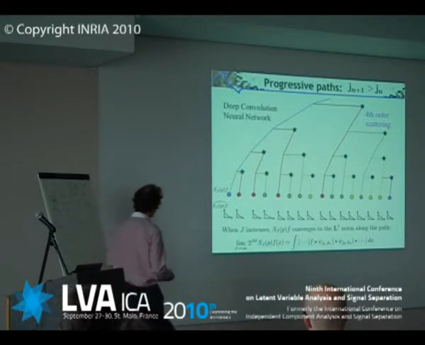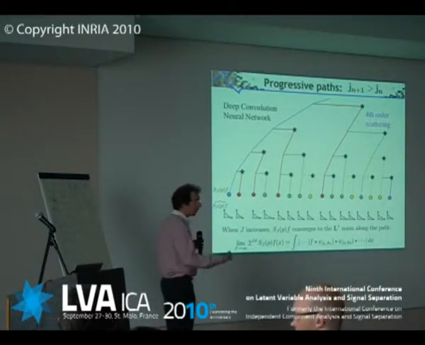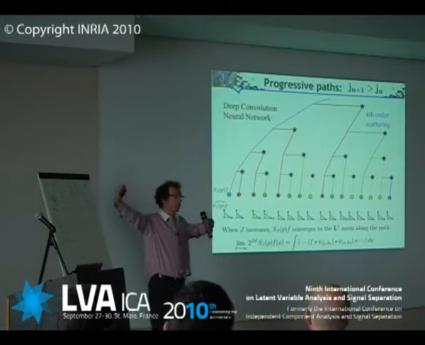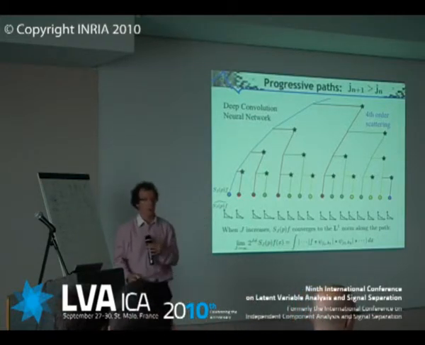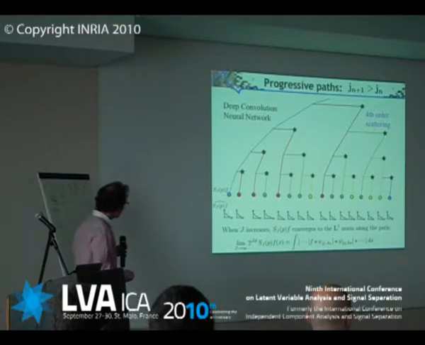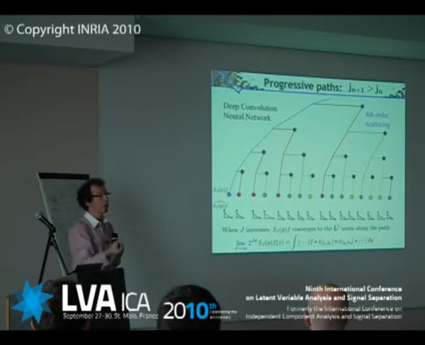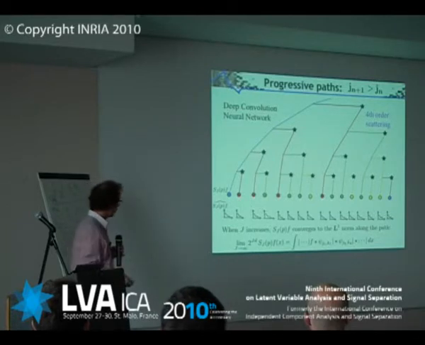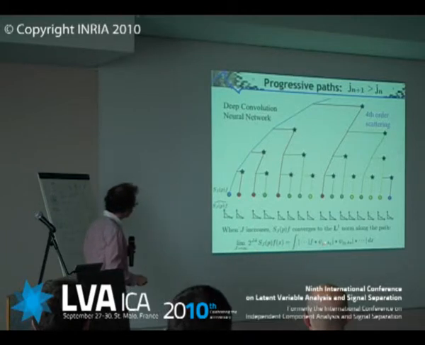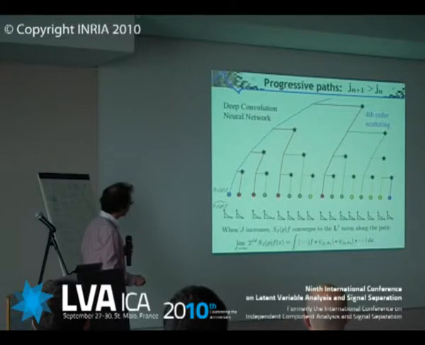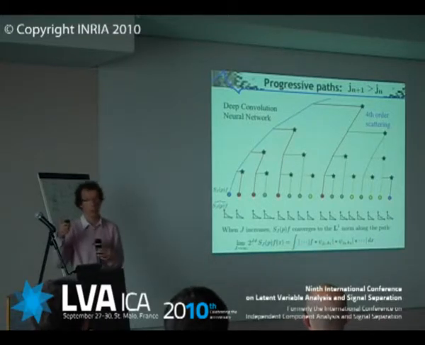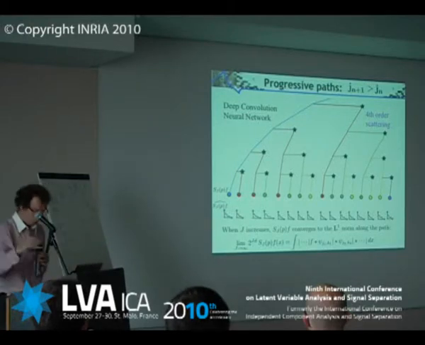Now, if you let J, the final scale, increase, it's like the size of your sphere where you did the scattering. These are going to converge to lower and lower frequency until they converge to a constant. If you look at this constant, what is it? It's basically going to be the L1 norm, the integral of the series of convolutions. So here, at the end, you'll just get one number. It's not a signal anymore. It's going to be a constant.